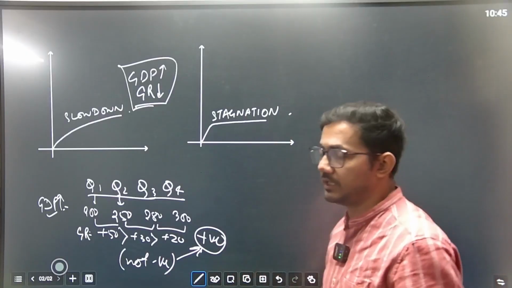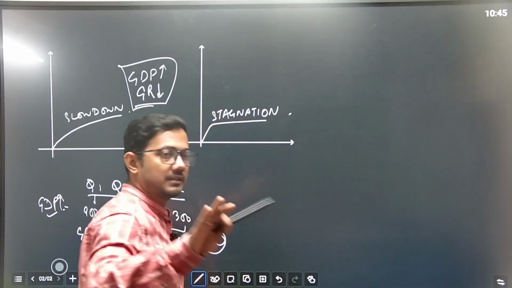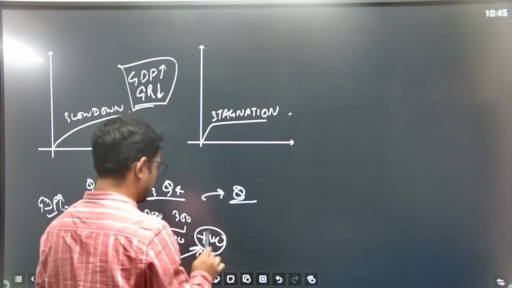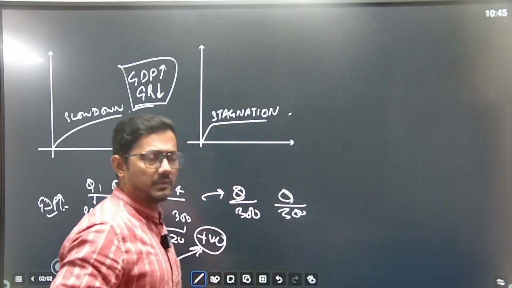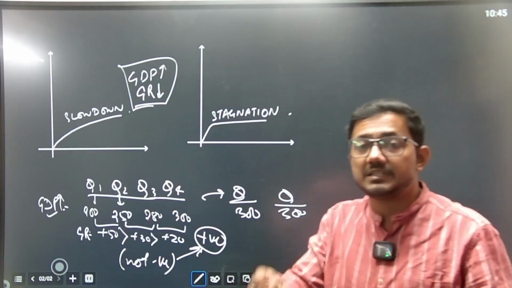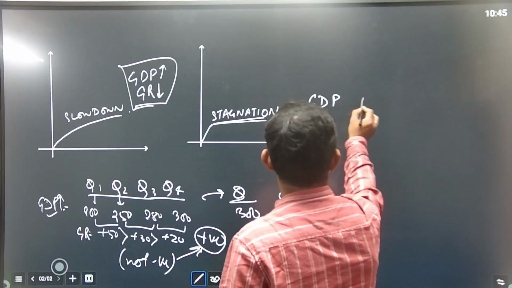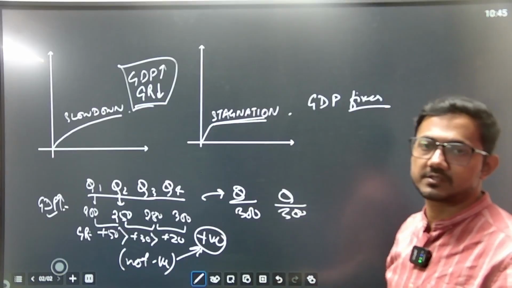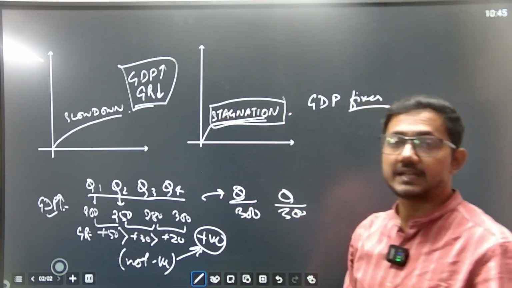Now stagnation. What does stagnation mean? Stagnation means stagnate. It is neither decreasing nor increasing. Say in subsequent quarters, the GDP was 300. It is again 300. In the next quarter, it is again 300. But there may be a very negligible increase, 301, 302. So where the economy stagnates, the GDP is fixed, the growth rate is also fixed, and the economy does not grow. That situation is known as stagnation.